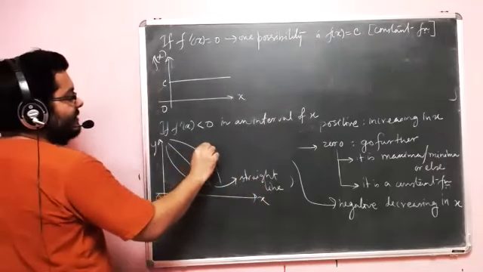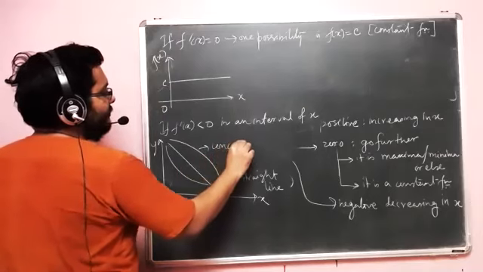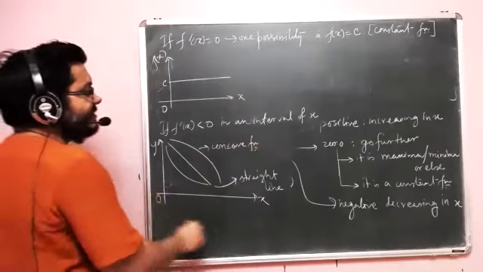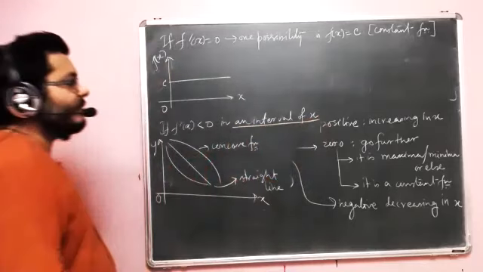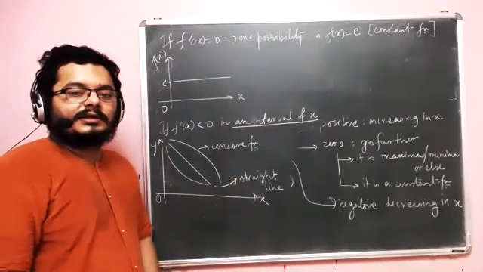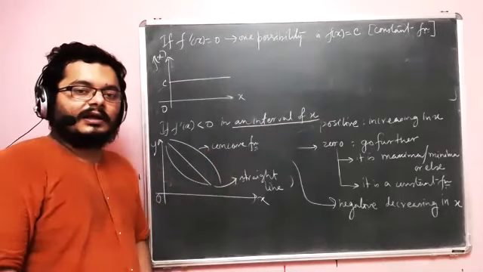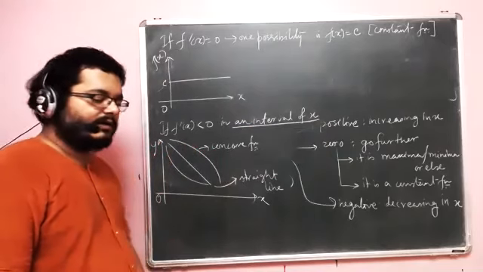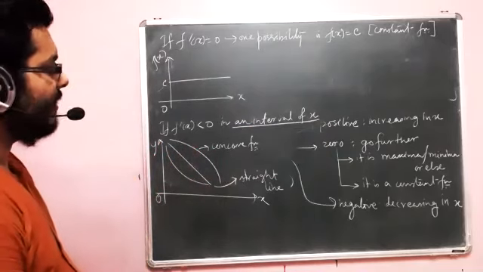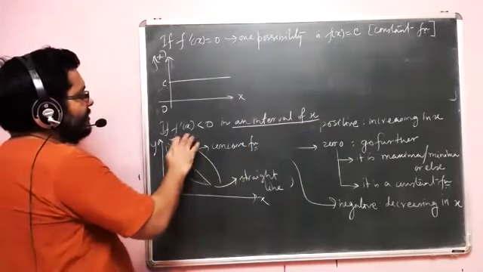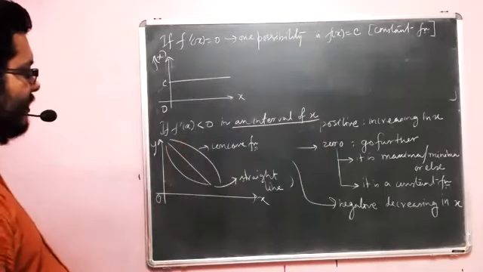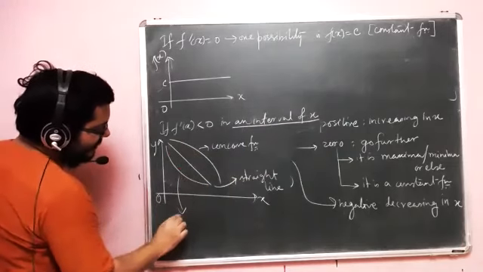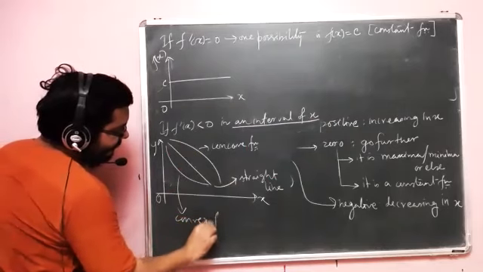This one is called a concave function. Here the most important term, before we even start drawing, is an interval of x. Beyond this interval of x, the shape of f of x might change, so that possibility is there. But for the time being, since we are going part by part, we are concentrating on f dash x less than 0. So this is the shape of a concave function, and this obviously is a convex function.